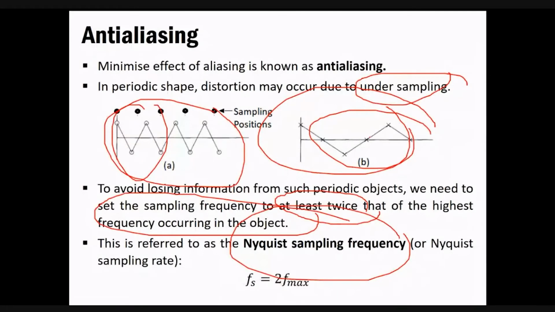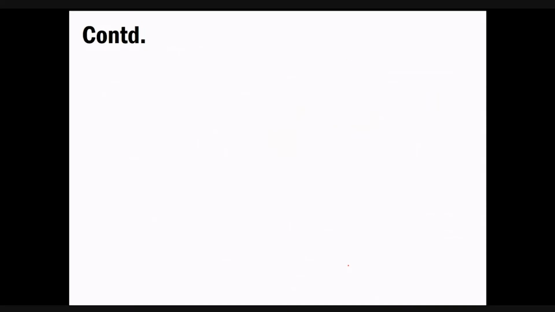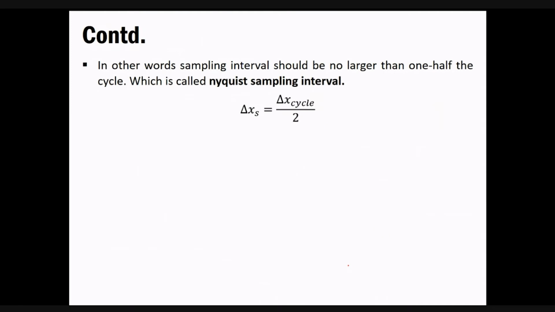Okay, and that could be given in this simple manner. Two into the maximum frequency that is appearing at that time. If it is 2, then you just have to multiply 2 with that thing. Okay, so that is what it says. And in other words, these are the technical things that you can apply.